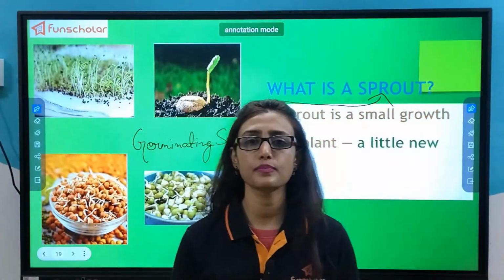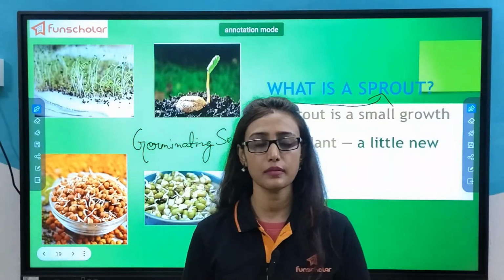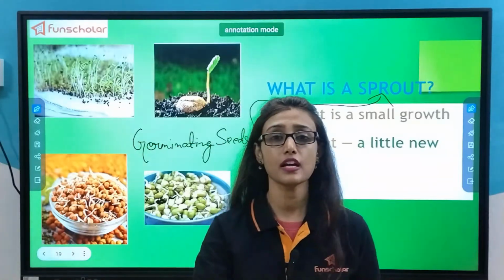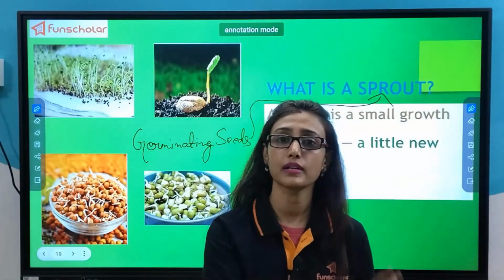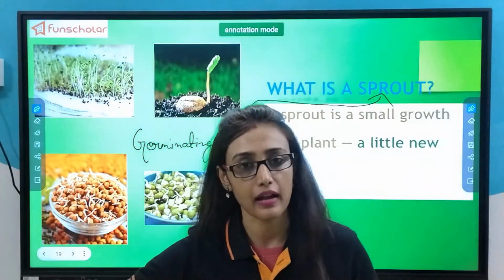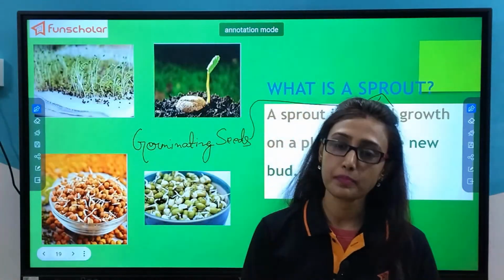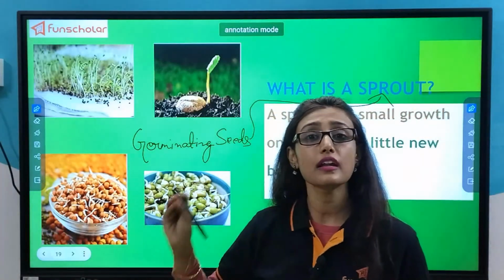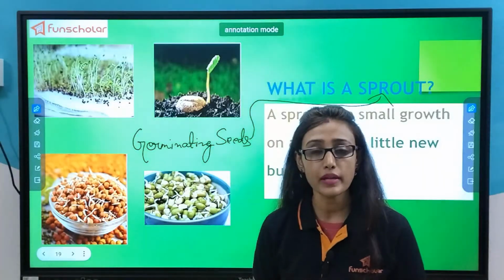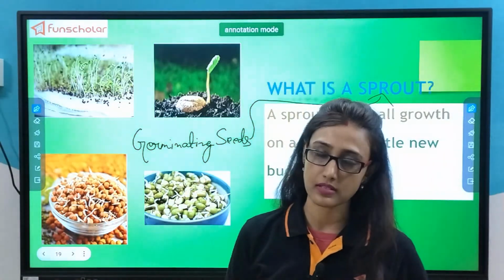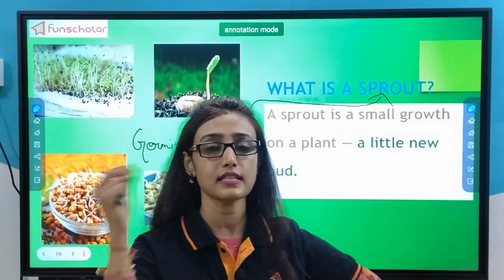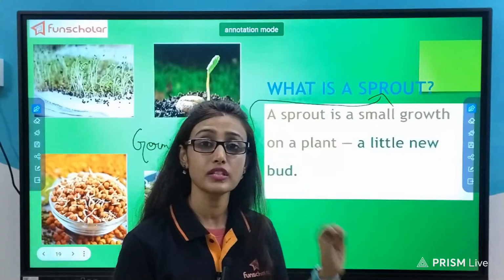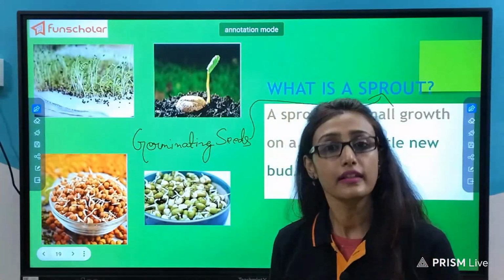Then what is the difference between sprout and germination, ma'am? Germination is the complete process by which a plant is developed from a seed to a baby plant, right? But in case of sprout, the growth is stopped when the roots are coming out and we are consuming it for our health purpose. We are consuming the cotyledons along with the root because it is at that time full of nutrients which is necessary for the plant to develop.